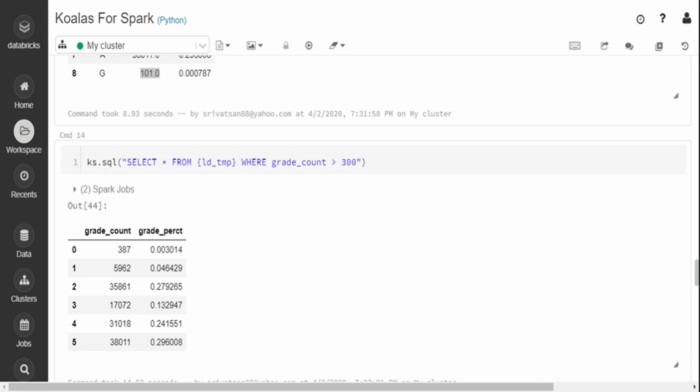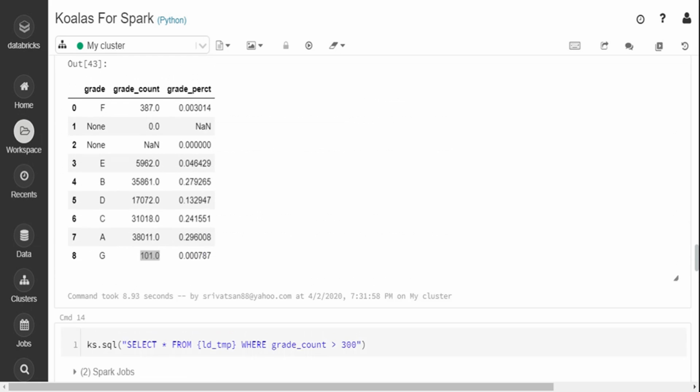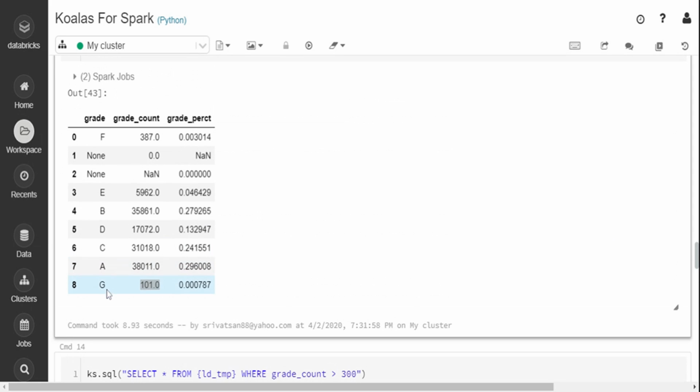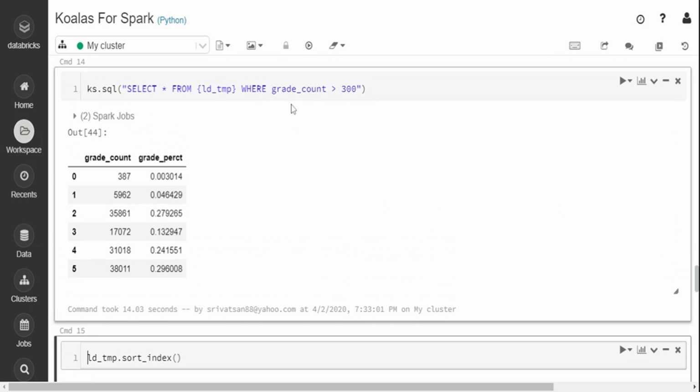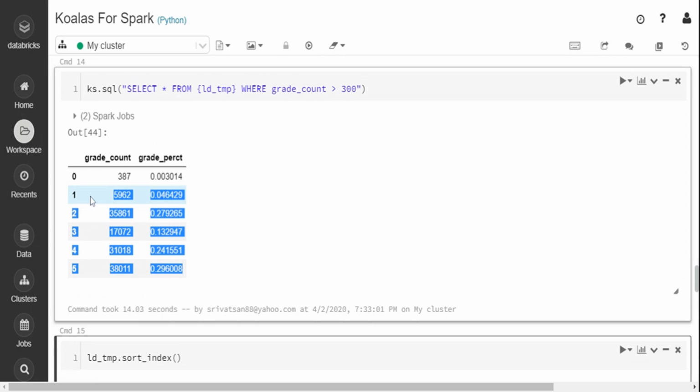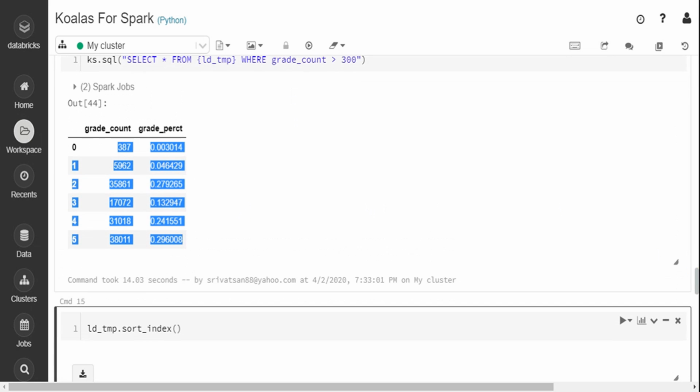Right now, if I want to sort based on the index, if you see the output over here on top, you are getting it not in order: A grade, B grade, and C grade. So this is the index column. What I can do is sort based on index, or sort based on value. Before I go there, if you see the greater than 300, you are not getting the null column, and the account that had grade count 100, you are getting the remaining columns. So basically SQL is also working as expected.